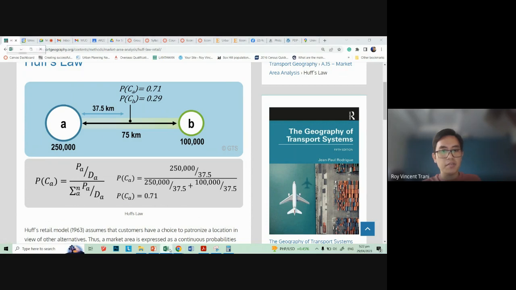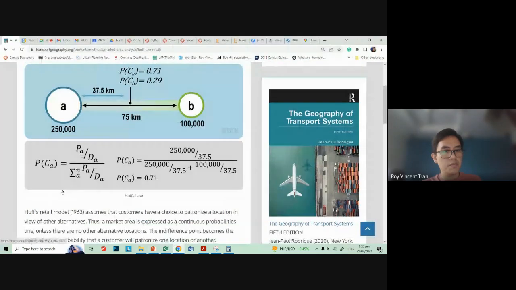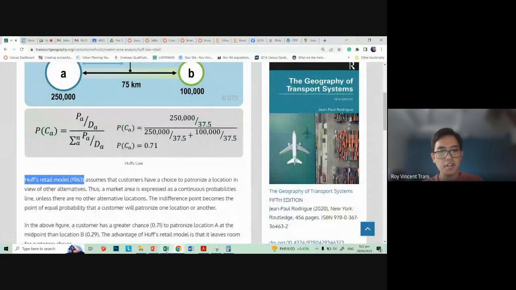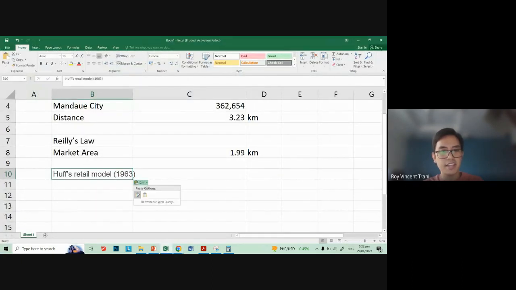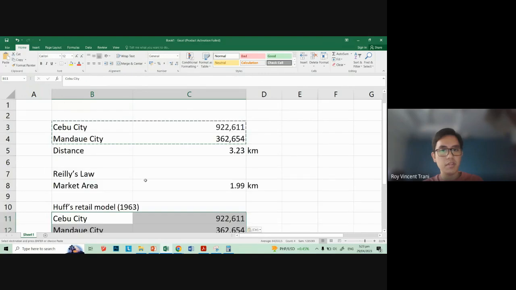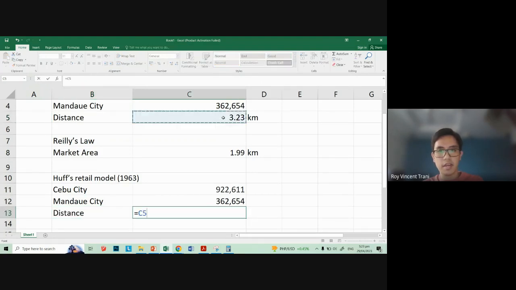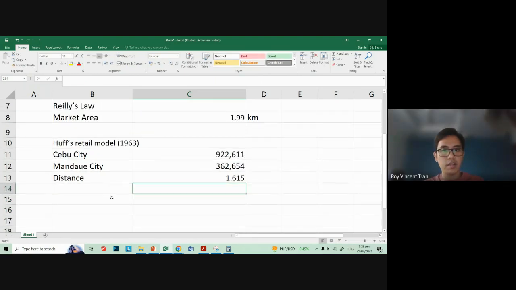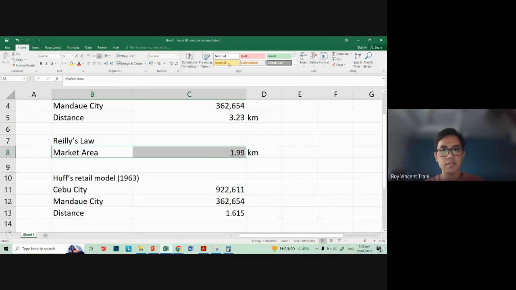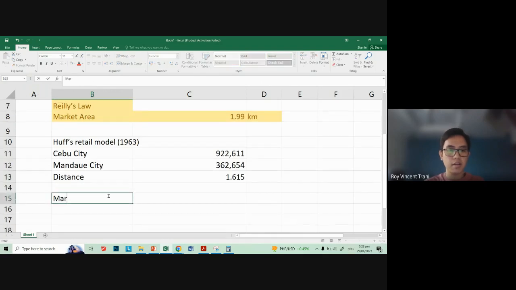So I'll open my Excel and apply what we call Huff's retail model. These are all ancient, 1963, but it's better than nothing. So let's keep the same populations. Midpoint of 3.23, I'll just divide that by 2. Then the market area is, I'll just highlight this. It's not really the market area, it's the point